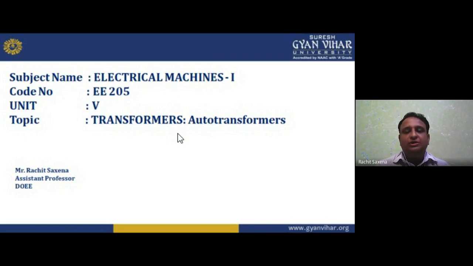If I'm talking about Faraday's law of electromagnetic induction, we apply this principle for generating action. In generating action, we are giving input as mechanical and taking electrical output. And if I'm talking about the motor, we are giving electrical input and taking mechanical output. So for motoring action, we need the force law, which states that whenever a current carrying conductor is placed in a magnetic field, it experiences a force, and due to this we have a torque.